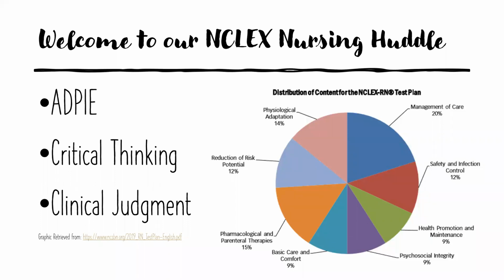So, ADPI. I always like to begin by mentioning ADPI, the nursing process, which should always govern our thoughts and how we care for our patients. So the A is for assessment, D is for diagnosis, the nursing diagnosis, P is planning, and what we're going to actually do for our patients. The I stands for implementation and interventions, what we are physically going to do, and we actually put those plans into place. The E stands for evaluation, and we always have to come back and look at what we've done